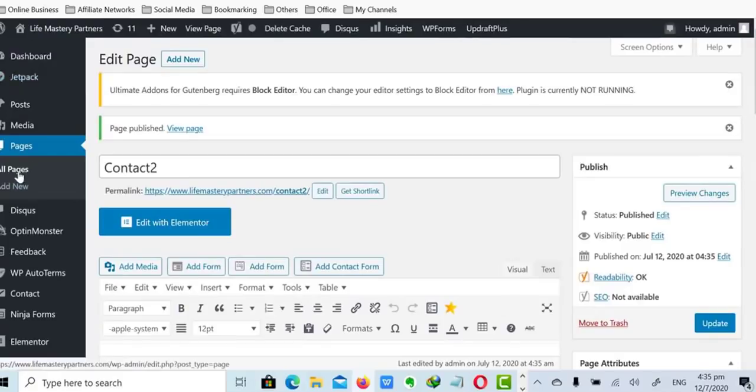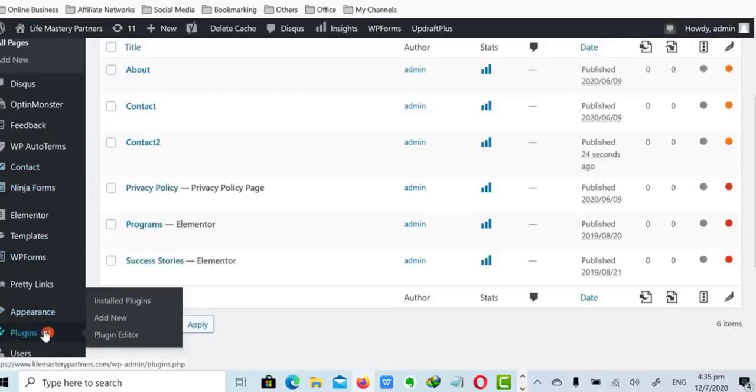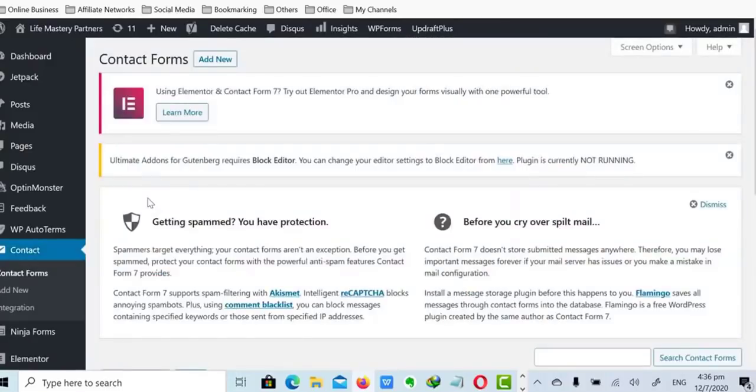Okay, now the page has been created. Go to all pages. It will list the page which we created now. See, here is the page contact 2 which we created now. So to create the contact form, first we are going to plugins. So this is the plugin which we installed just before. Go to settings,